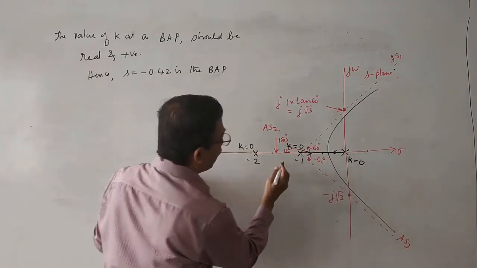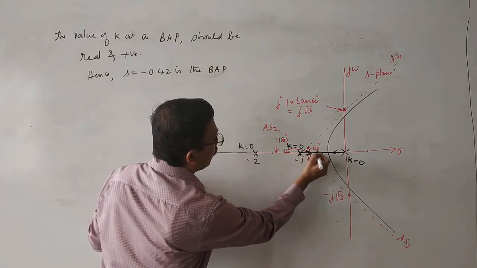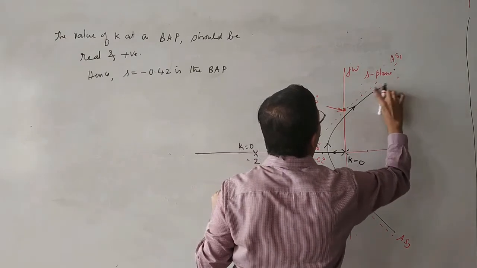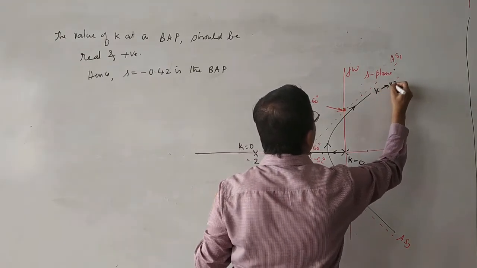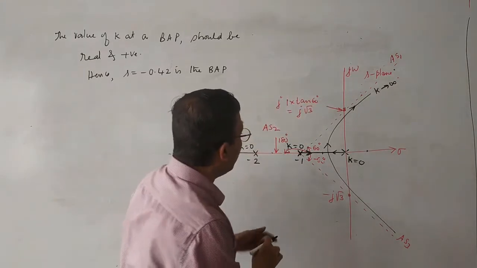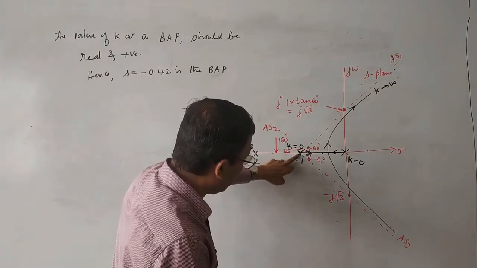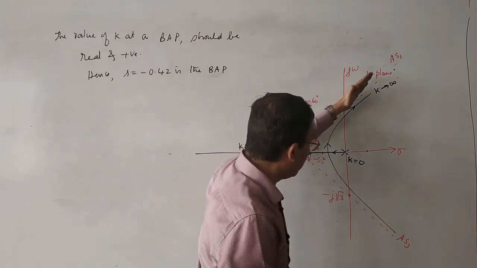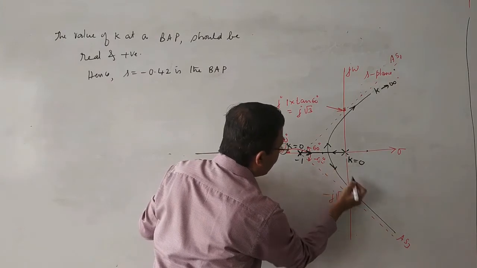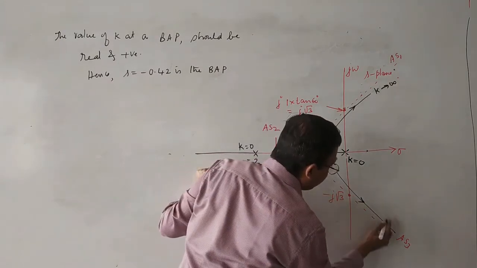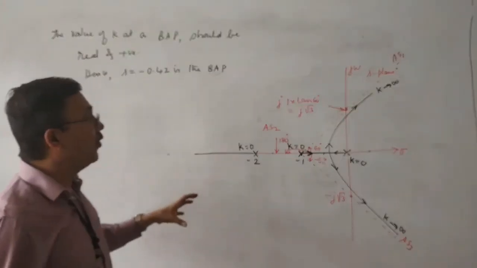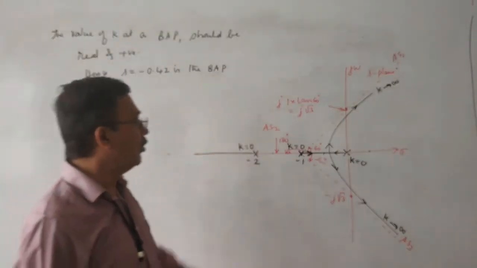Please watch. Let us assume that this pole goes this way towards k tending to infinity. What do you mean by k tending to infinity? Towards the 0 which is at infinity. Therefore, one branch could start at minus 1 and go along asymptote as1 to meet the 0 which is at infinity. Then this pole has to go along asymptote as3 to meet the 0 which is at infinity. K equal to infinity defines the 0, k equal to 0 defines the poles.